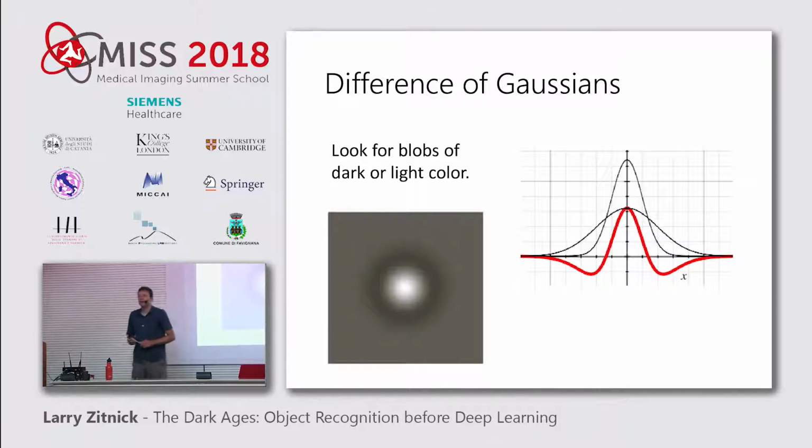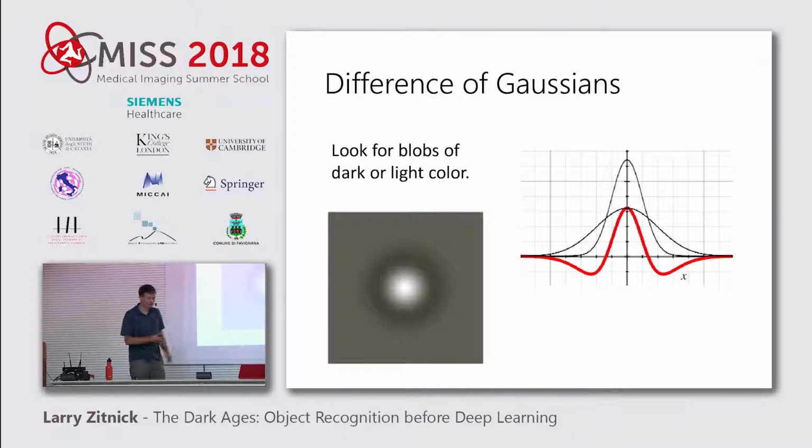Yes. It's going to detect, well, where the intensity is extreme, but basically it's going to detect bright blobs or dark blobs. Right? If you have a big bright area in the image, this is going to respond really strong. If you have a really dark area in the image, it's going to be the inverse. It's going to be a really negative response. So really, when you think of difference of Gaussian, think of it as a bright and dark blob detector. That's all it is. But it's a really efficient